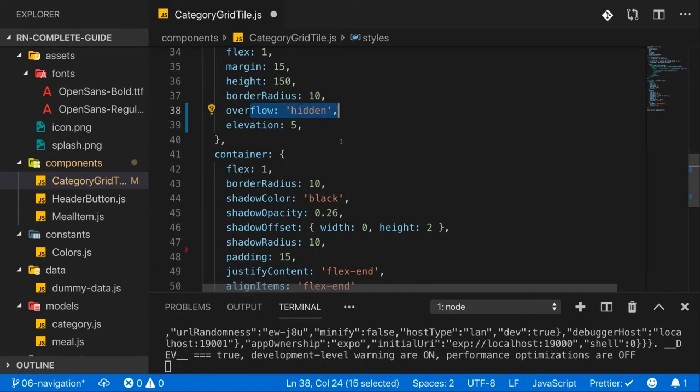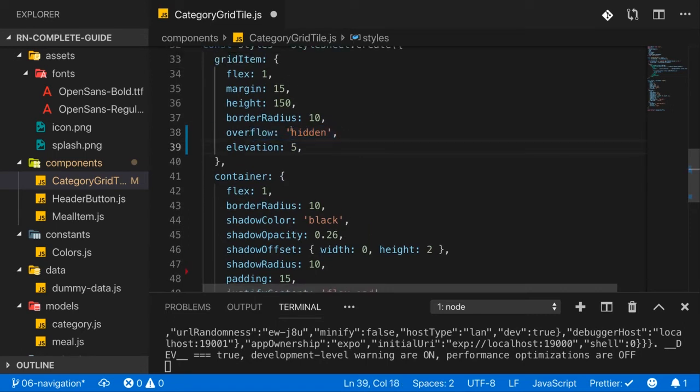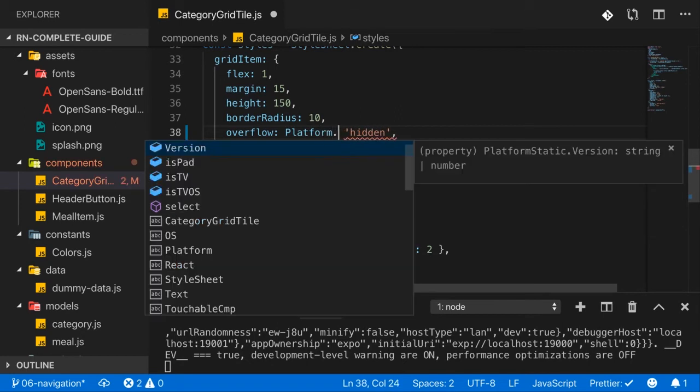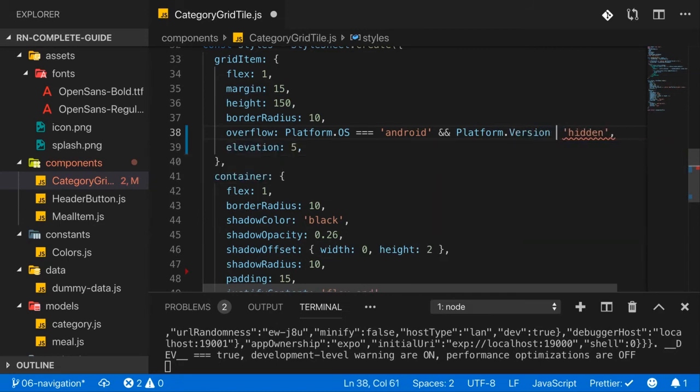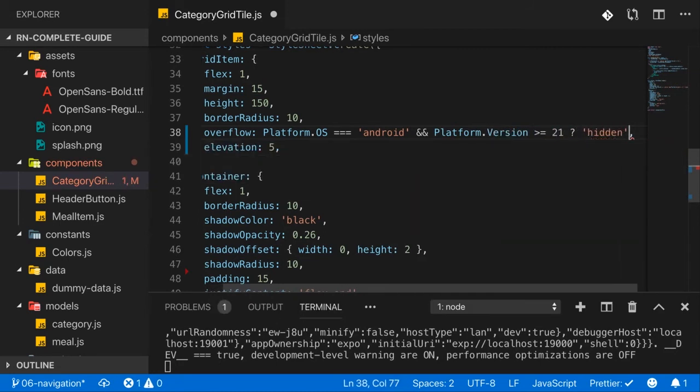What we can instead do is leverage the platform and make sure that we only set overflow hidden if we're on Android, because we really only need it there to crop the shape for the ripple effect. So we can check if platform OS is equal to Android. And actually, we only use the ripple effect if we're on version 21 or higher. So if platform.version is greater or equal to 21, if that's the case, you want to set overflow to hidden, because then